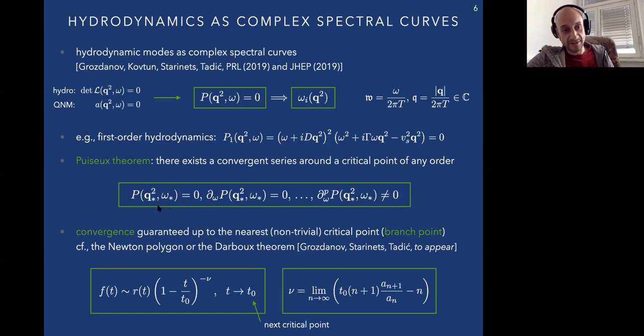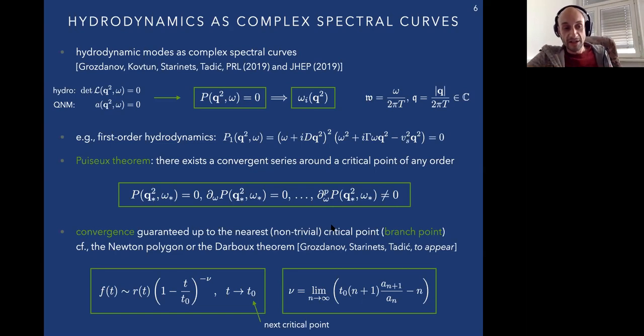So a critical point is something that solves the equation normally, right? Of course. So you have Q star, omega star has to be equal to 0. And then let's say your first derivative actually can still be 0, then this is a critical point of higher order. And, in principle, you can only have pth derivative, which is non-zero, all right? So for such a thing, what you find by this theorem is p branches of such a series around this